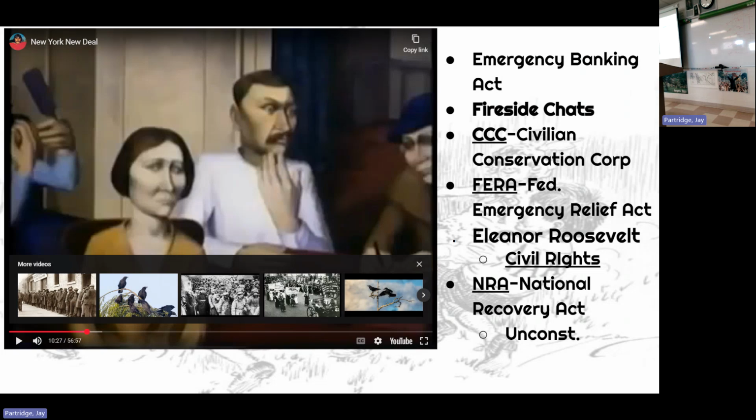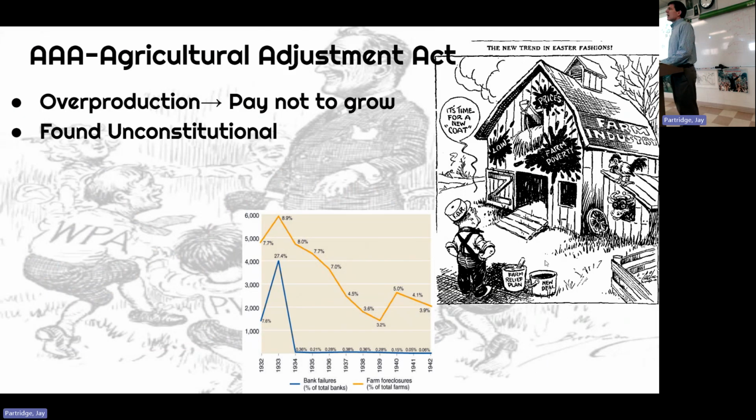So let's move to a few more laws we needed in the first New Deal. I could go into more detail about the NRA, but it failed. But did you ever wonder what the NRA logo was? The blue eagle was a symbol of companies that, at least at first, joined. So a couple more you need to know.